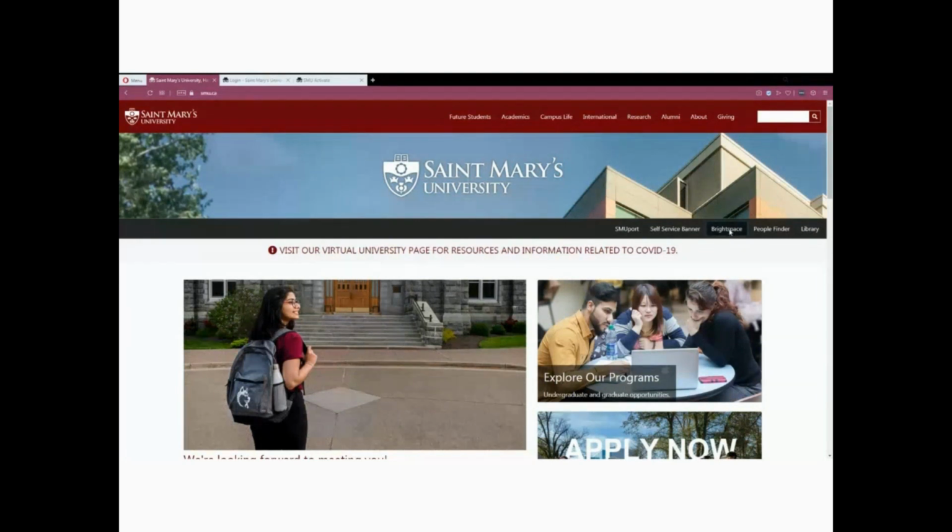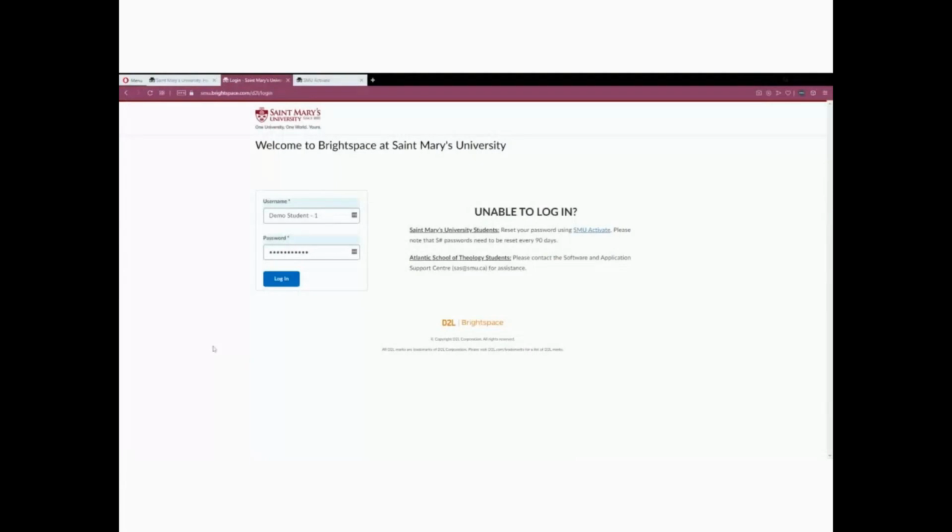So here what you want to do is for your username, you want to use your S number and its password. So for new students who just got your A number, what you want to do is go into SMU Activate. Even for students who might have activated your S number and password and you're still having problems logging in, even for those students, you can go into SMU Activate. So you have that link right here. So if you open that up,